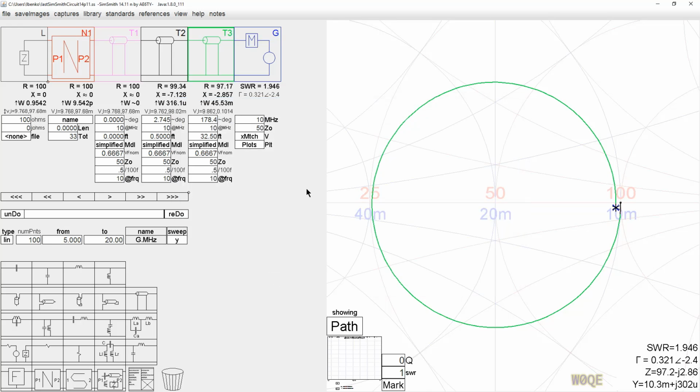If we change the generator type to an X match, what that means is it's a generator that's capable of putting out 1 watt, but there's a mathematical matching network here that will guarantee 1 watt goes out no matter what the impedance is out here. So